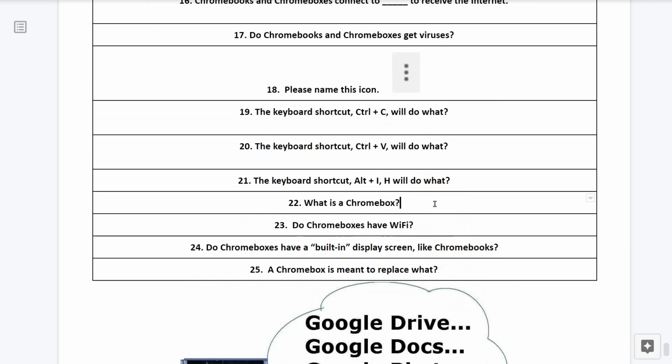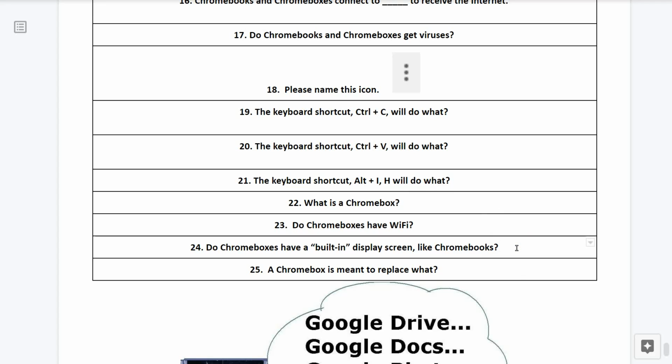Question number 22. What is a Chromebox? Question number 23. Do Chromeboxes have Wi-Fi? Question number 24.